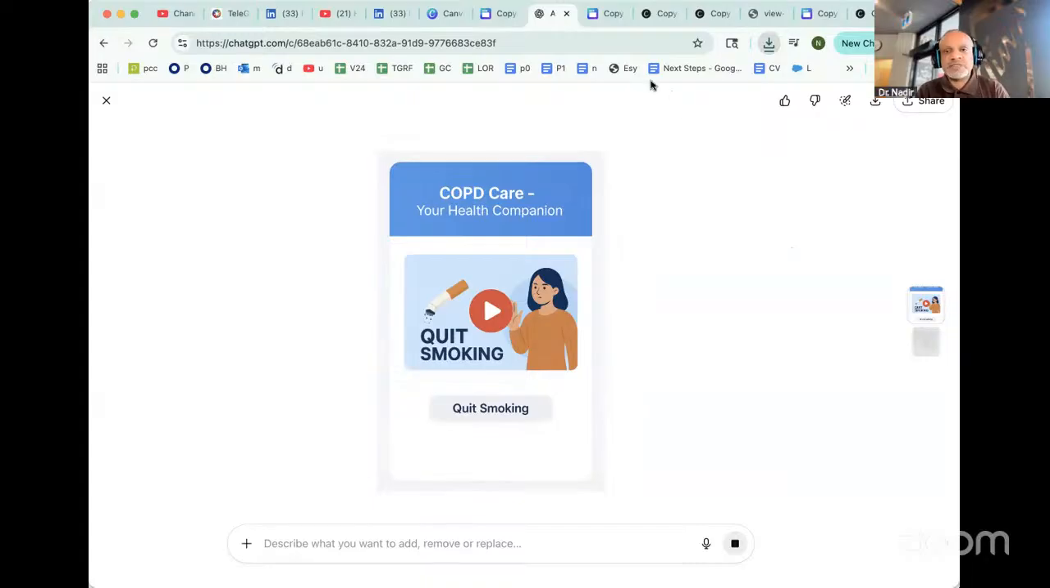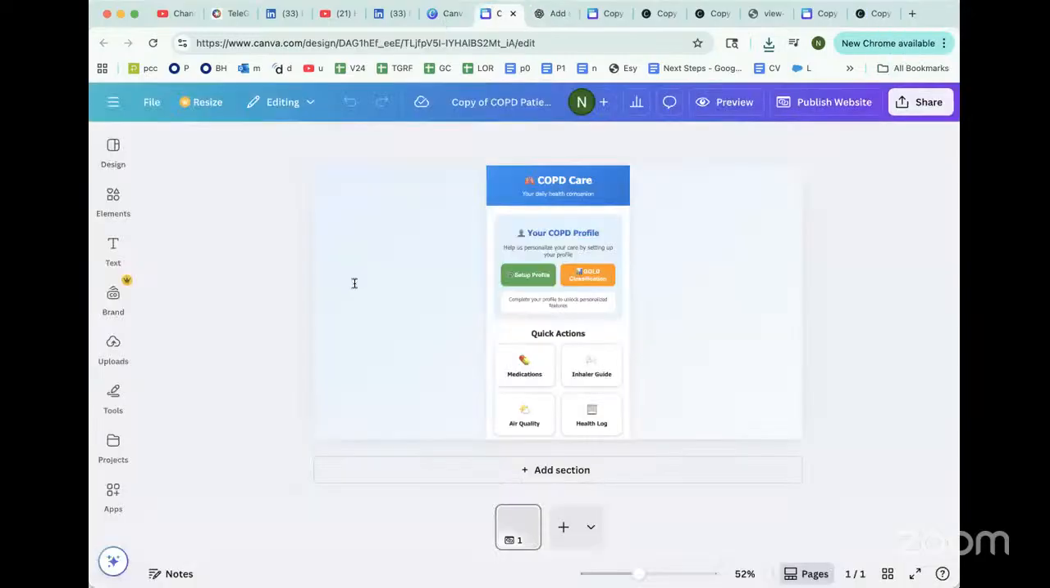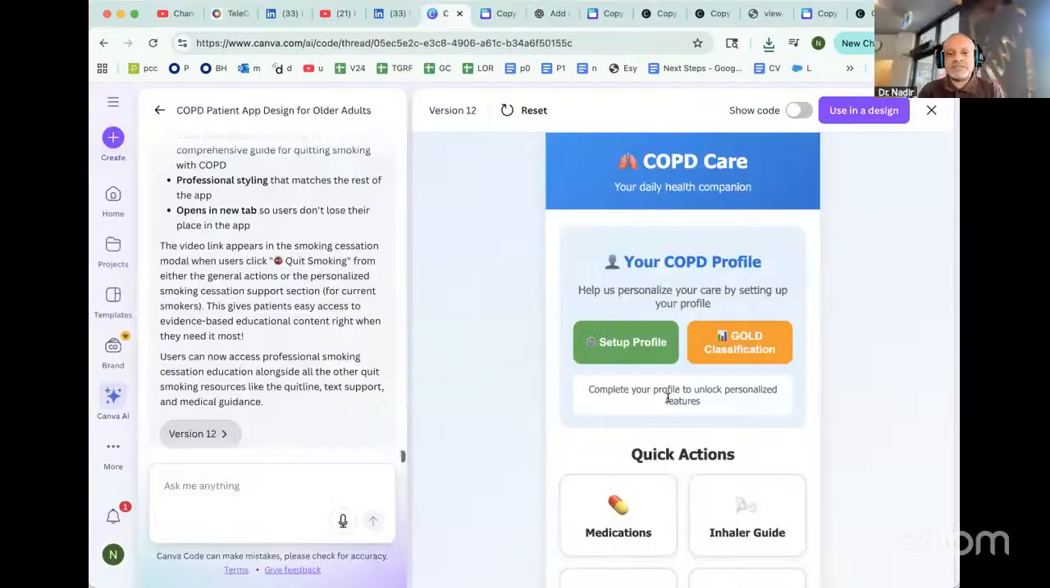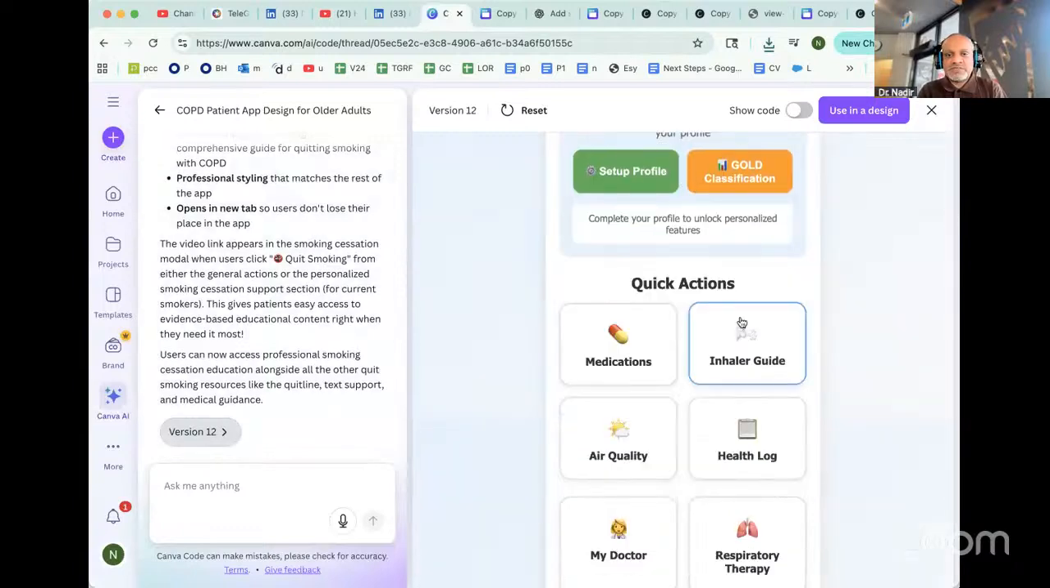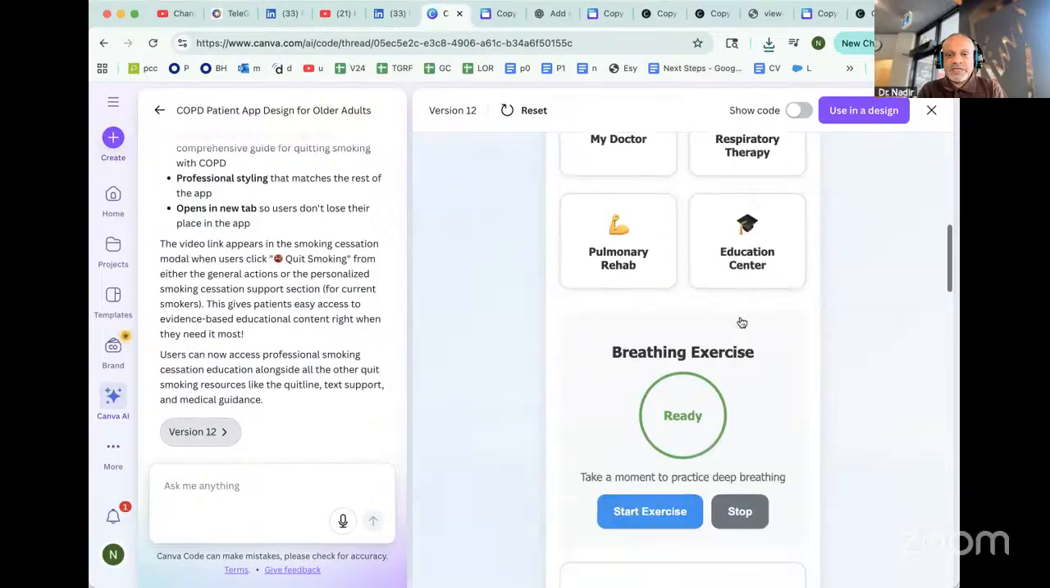So it created just the image, but the video itself can be created. Let's say it creates the video and you can download that and then share the video with the campus. Now it's version 12 and it's added somewhere the gold classification, setup profile, and it's supposed to be somewhere here,